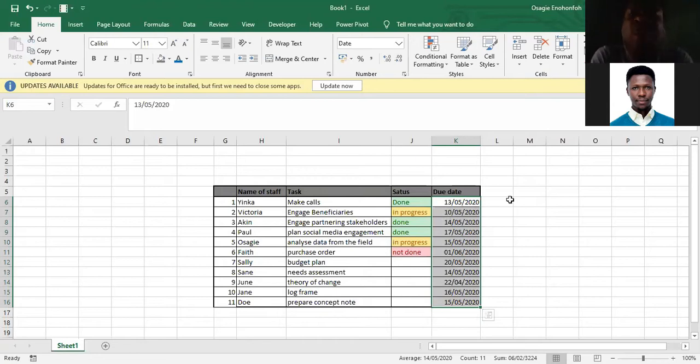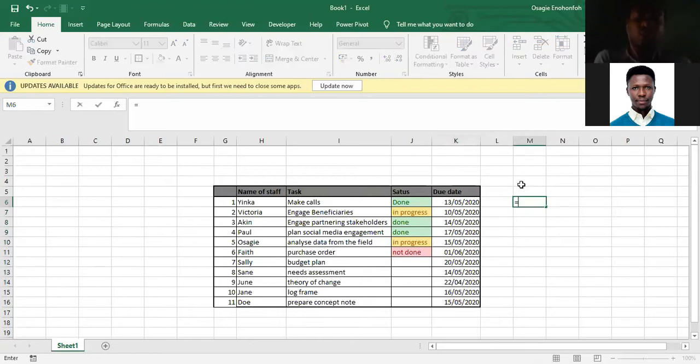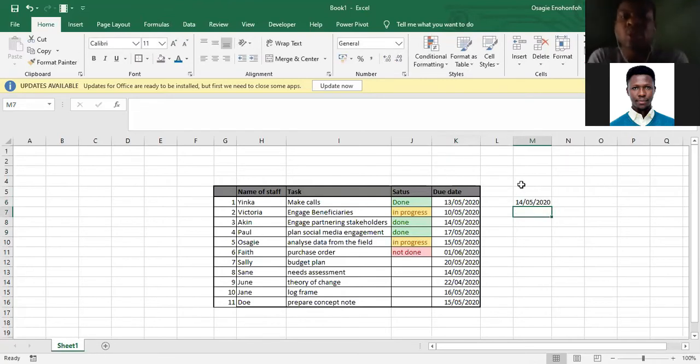So there is a formula in Excel that is called the today's date formula. It just equals TODAY. Let me show you that. Equals TODAY, and it returns today's date. As this is a formula,